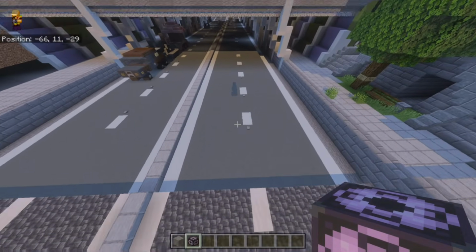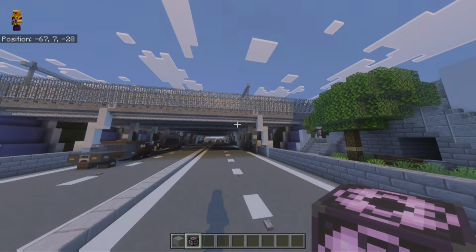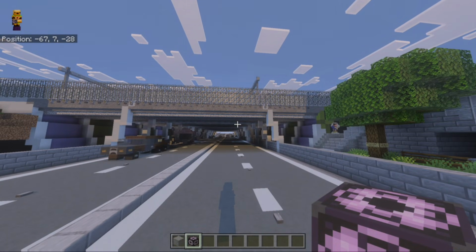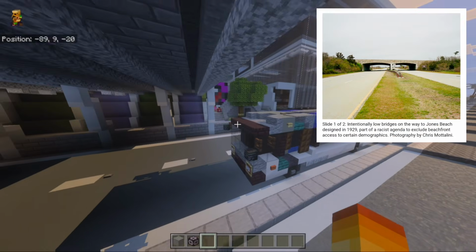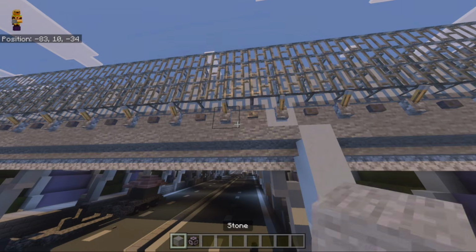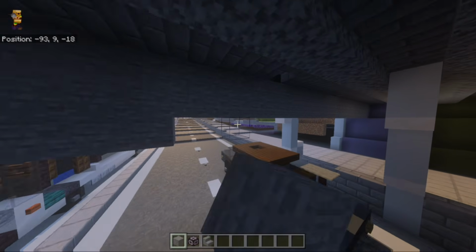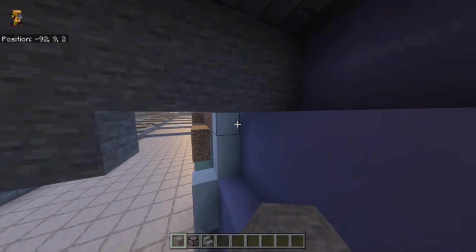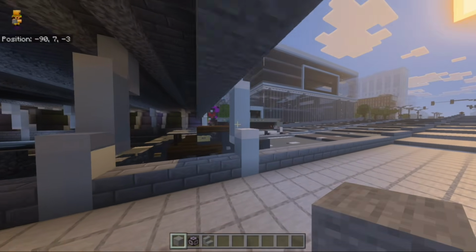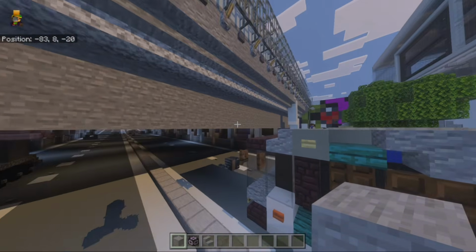term hostile architecture really was a thing, he did contribute to it. Yeah, this bridge is way too high, because you know, a bus should not be able to pass through this bridge. This is way too high. So let's grab our stone blocks and our stairs and, you know, fill this in for a bit. And what he would do is make bridges lower so that buses wouldn't be able to, you know, pass through this. You see, this is way too high.